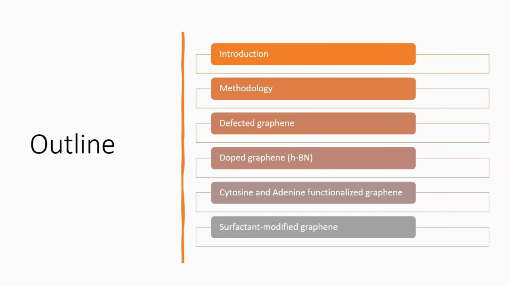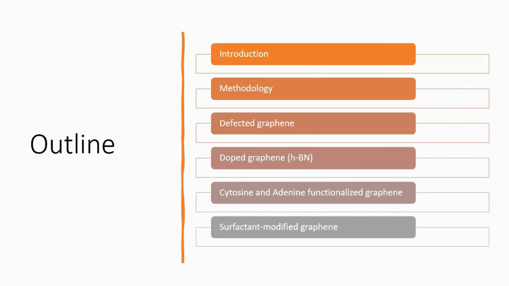Later, we will discuss methodology, like how we can perform both the experimental and theoretical parts of this kind of work. In the results section, first we will discuss defected graphene systems, doped graphene systems, mainly